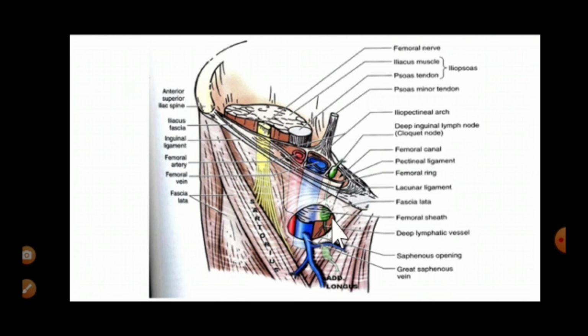femoral hernia. Since this saphenous opening is here, so the loop of the intestine will escape out into this femoral canal, and then through the saphenous opening it will come out into the thigh region. It will push the cribriform fascia and then come out into the thigh region, and the direction of the hernia will be superolaterally. So it will come out, it will enter the femoral ring here, it will go down in the femoral canal. At the saphenous opening, it will come out into the thigh, and then superolaterally it will extend.